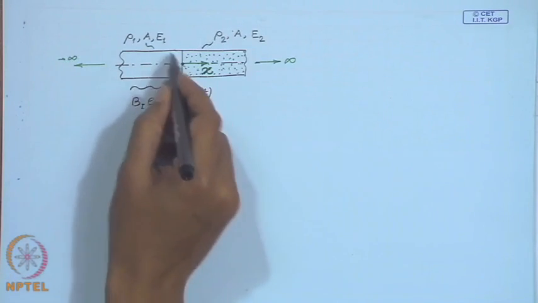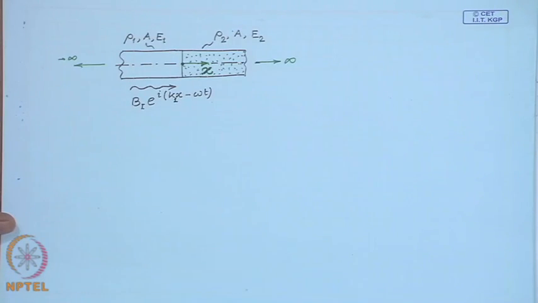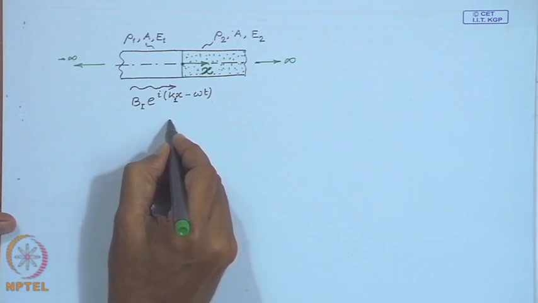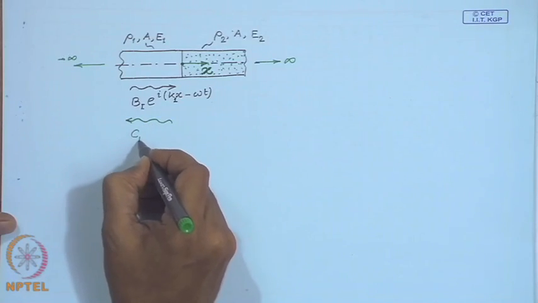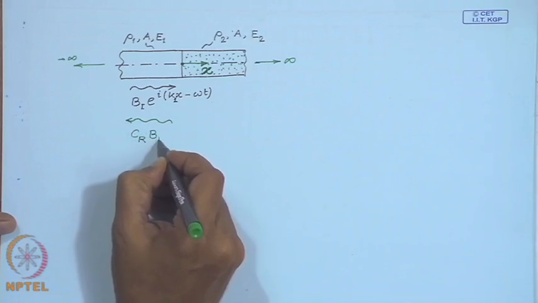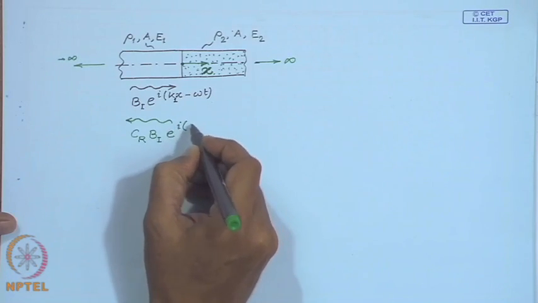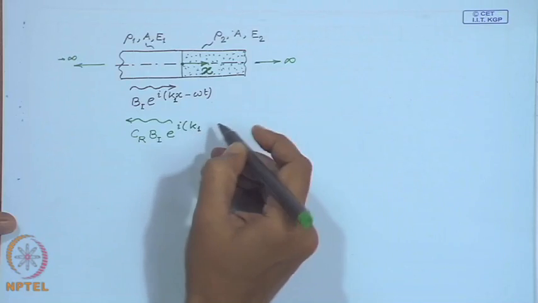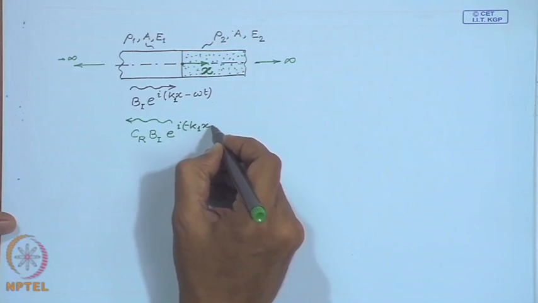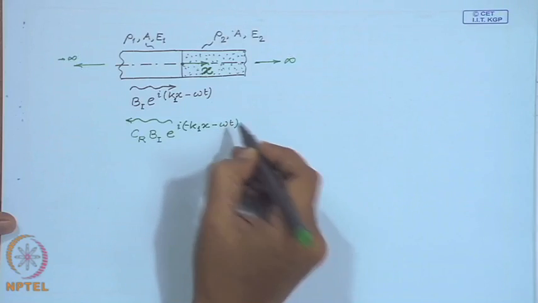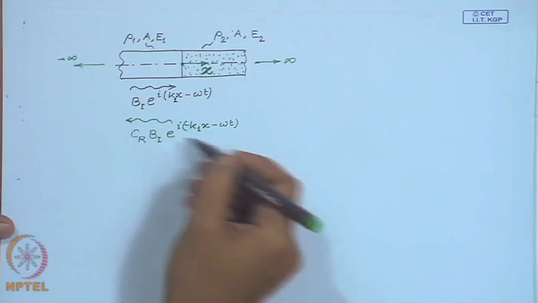In the material 1, I am introducing the wave number k 1, and then there is a reflected wave which will have the same wave number k 1, only thing it is a negative travelling wave,